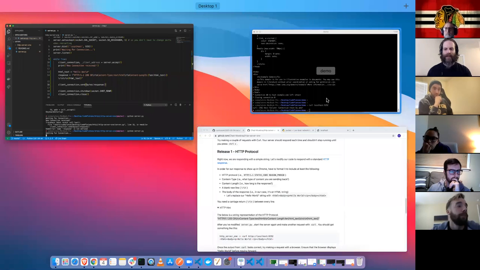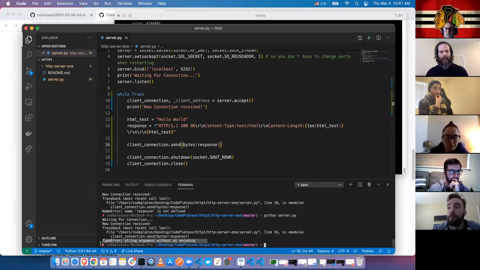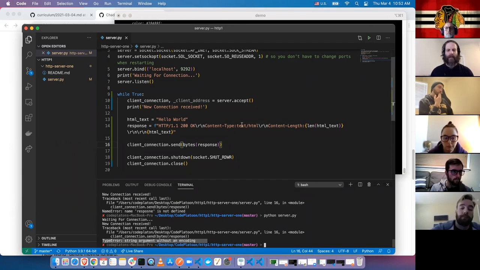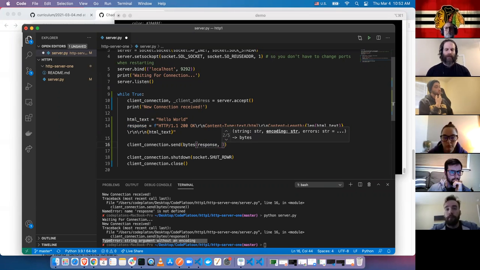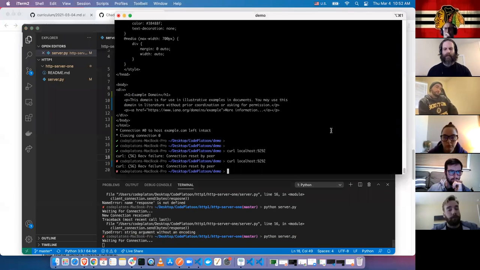So now we get an entirely different error. Okay, I get a type error here: string argument without an encoding. I could look up that error and I will find that bytes requires not just what you want to convert, but what you want to convert it from. So UTF-8 is just a character encoding. So now if we send this,